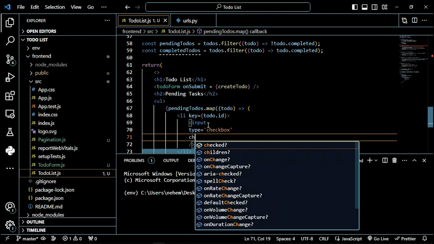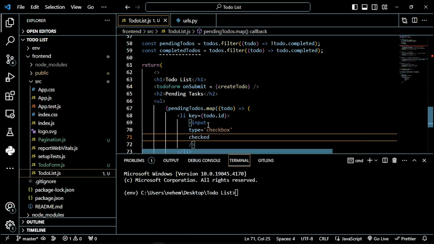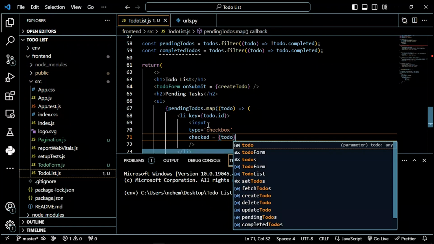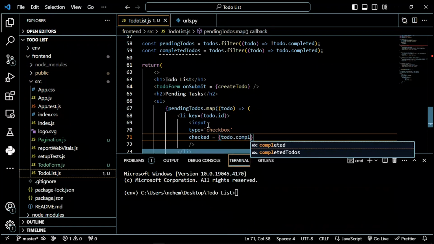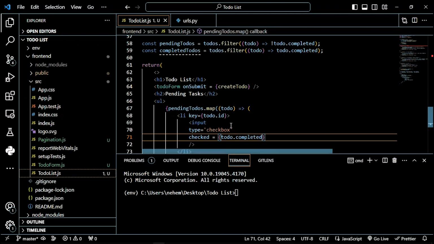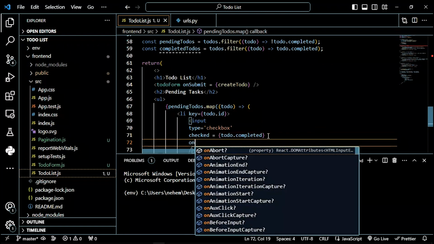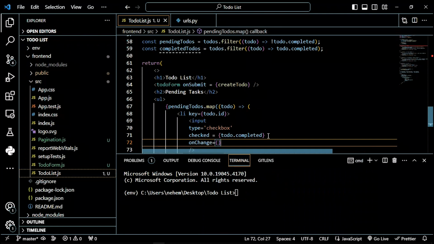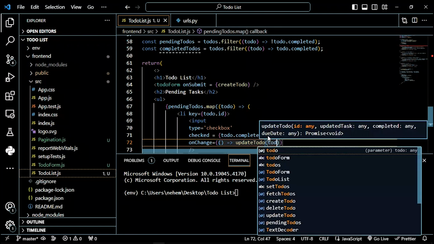And then checked is going to be todo.completed. Now onChange: once you click on it, onChange is going to implement display update todo, and then here it will be todo.id,